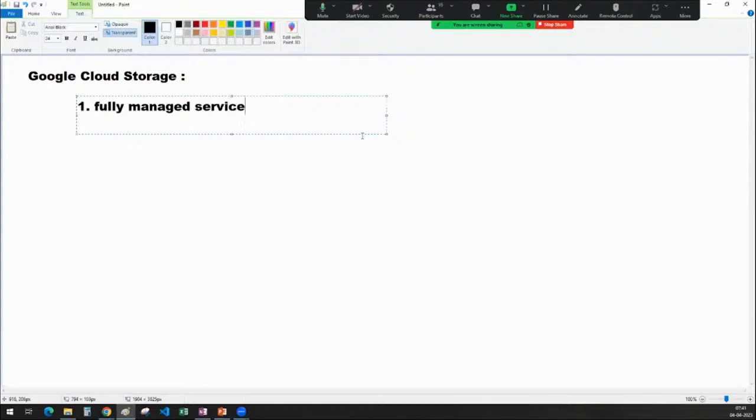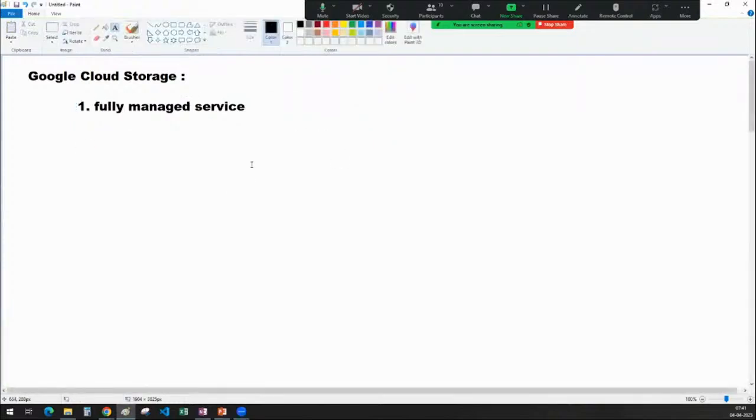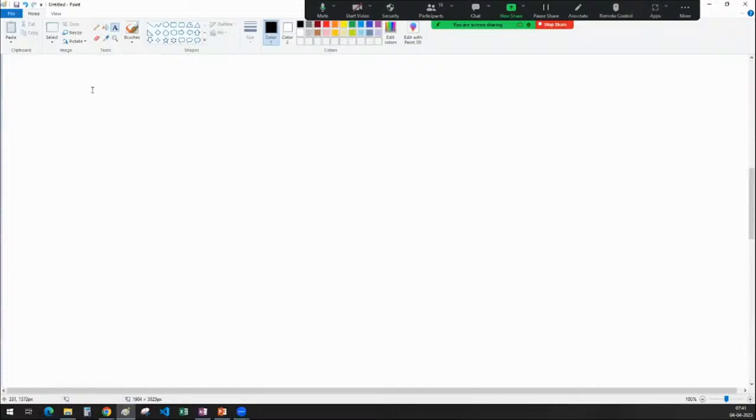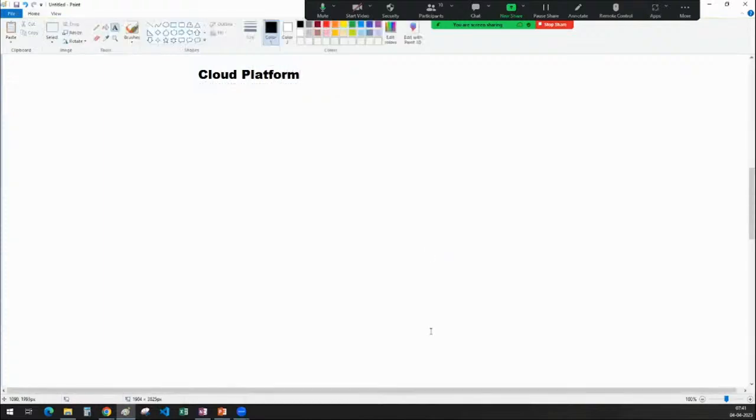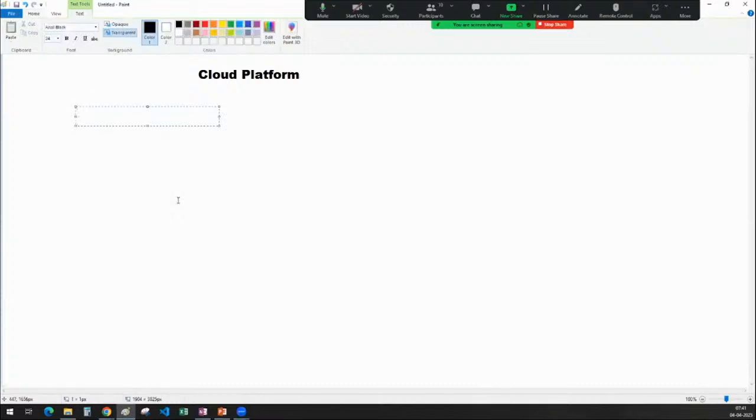What do you mean by that, sir? What does fully managed service mean? I want you to understand what fully managed means. For the very first thing, I will try to tell you. If you go to any cloud platform, the services in the cloud platform are categorized into different types. One is virtual machine,